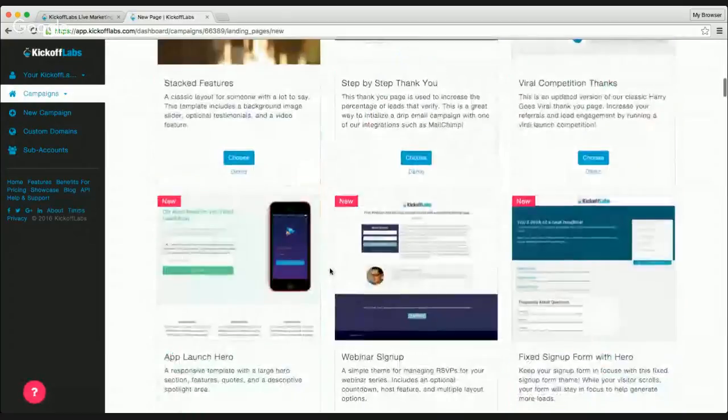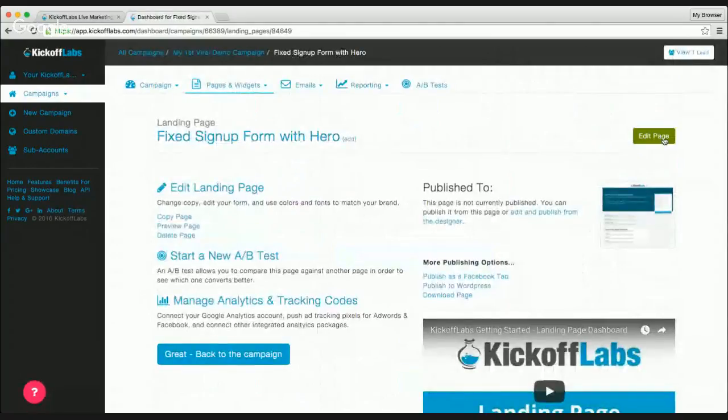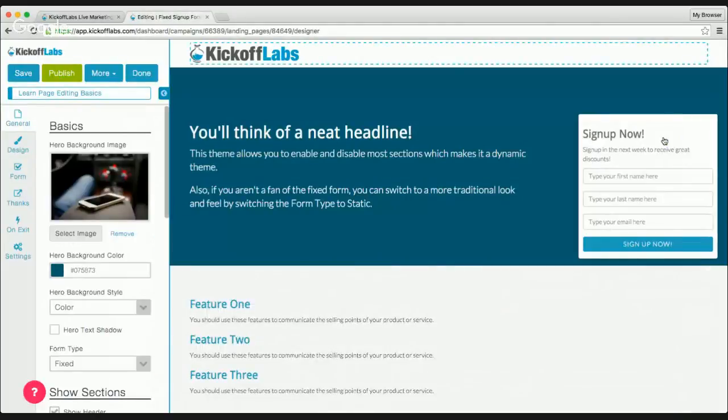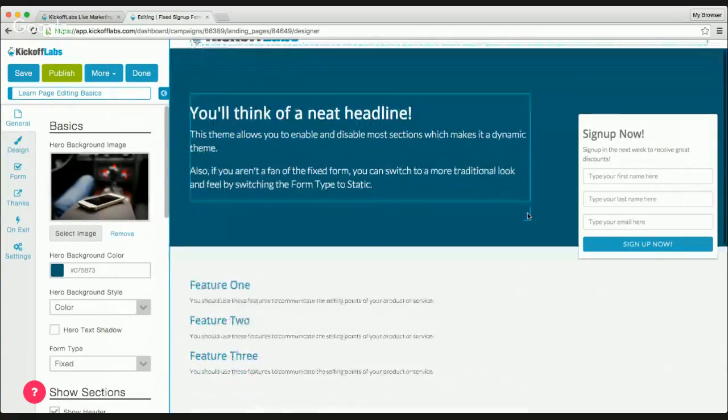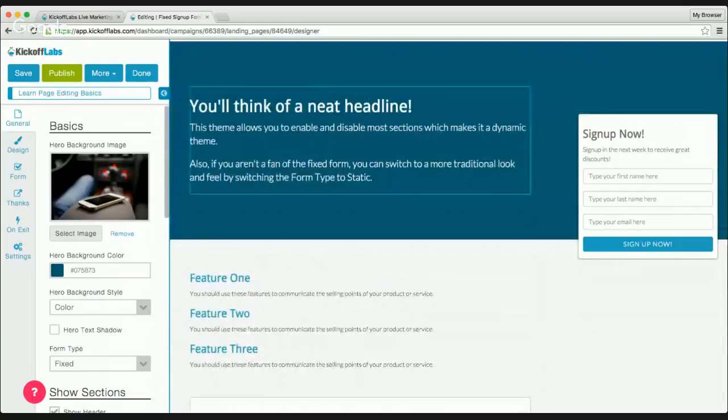Let me grab that same theme that I grabbed a little bit earlier. You can send an email to support@kickofflabs.com, and we should be able to help remove forms from the page. Looking at the rest of the page, it looks like a pretty basic page. So we could probably censor some of this content so you can use it as an about us page. Like I said, it's not highly recommended, but yes, technically you can do that.